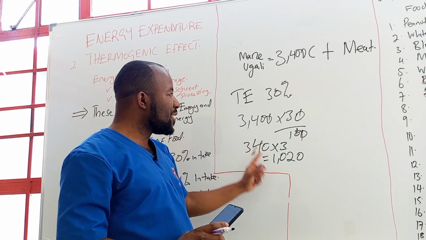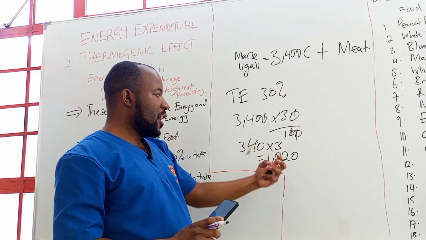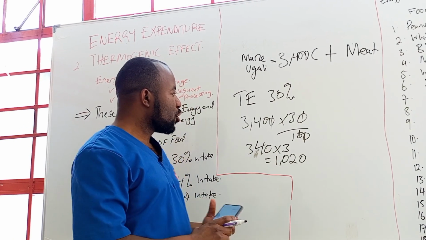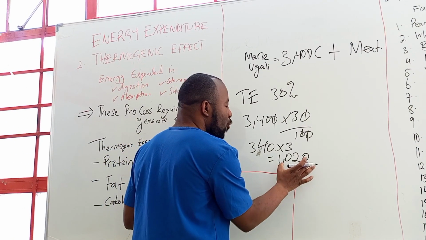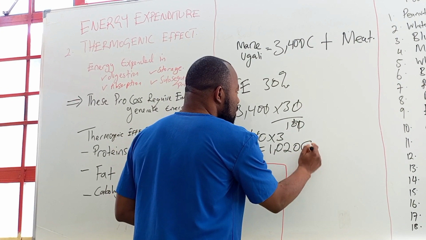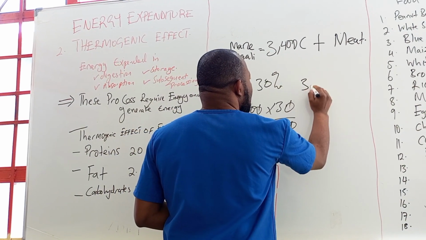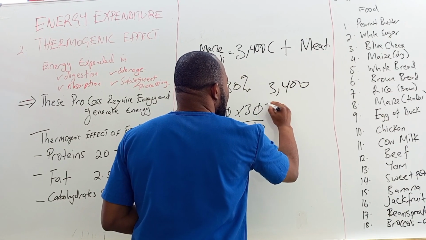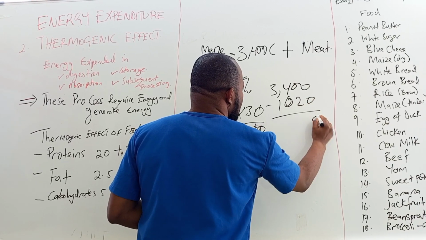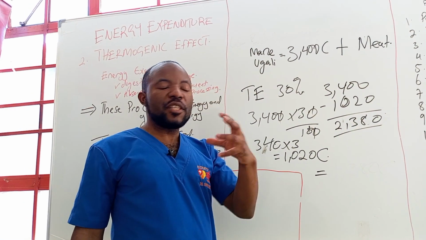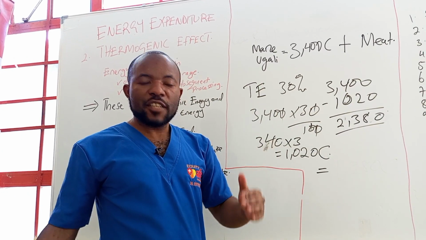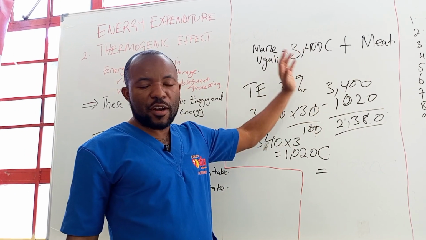So when you deduct the effect of the protein on your meal, the protein will deduct 1,020 calories. That means 3,400 minus 1,020 calories. So if in 24 hours you ate, from breakfast, lunch, and supper, 1 kilogram